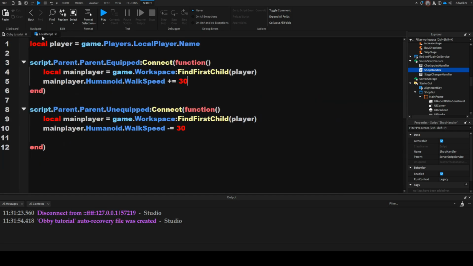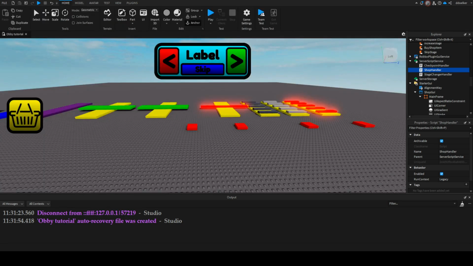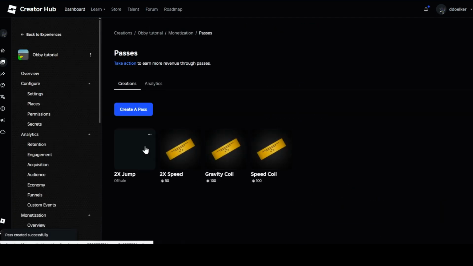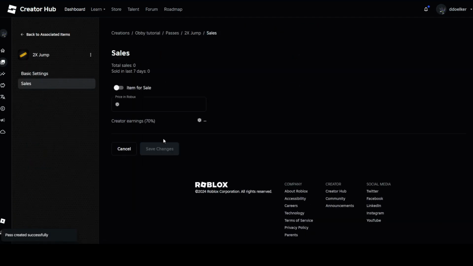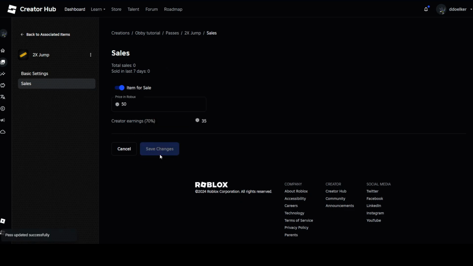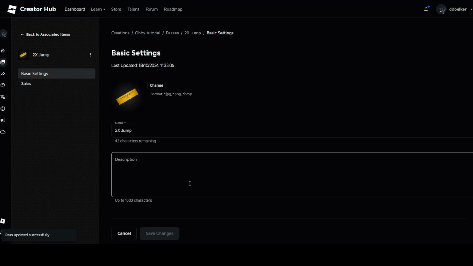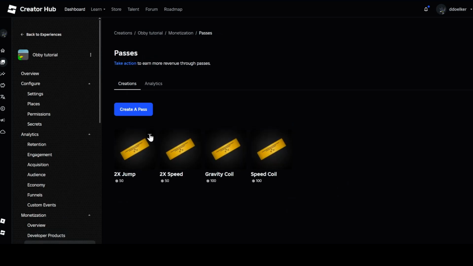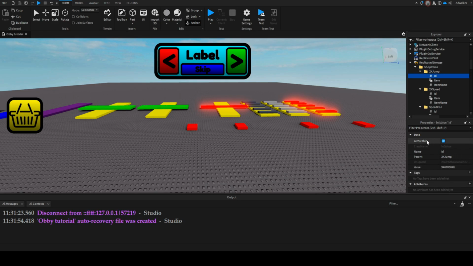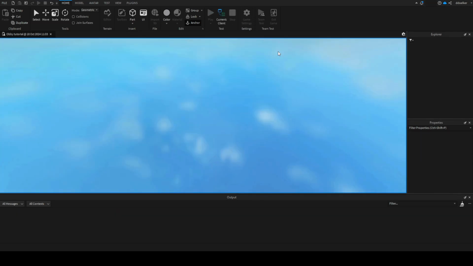What I'm then going to do is head back to the website. I'm going to click create pass, 2x jump, create pass, select sales, item for sale, I guess 50, save changes, back, add 3 dots, copy asset ID, return to Roblox Studio, and then select 2x jump ID, paste it in there, and let's see if I now have double jump power. If I play,